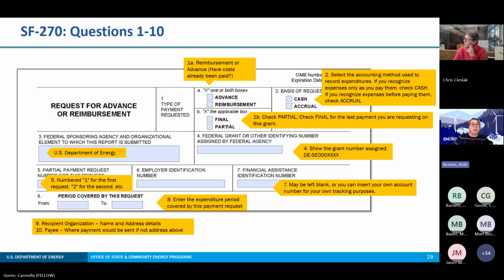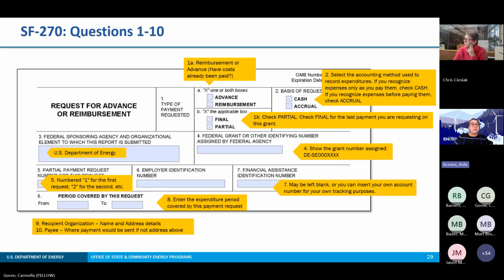Number 5, that is the invoice number that you have assigned to your invoice. Number 6 is your EIN, your employer identification number. Number 7 is optional. This financial assistance identification number, you can leave it blank or you could use it for your own tracking purposes.